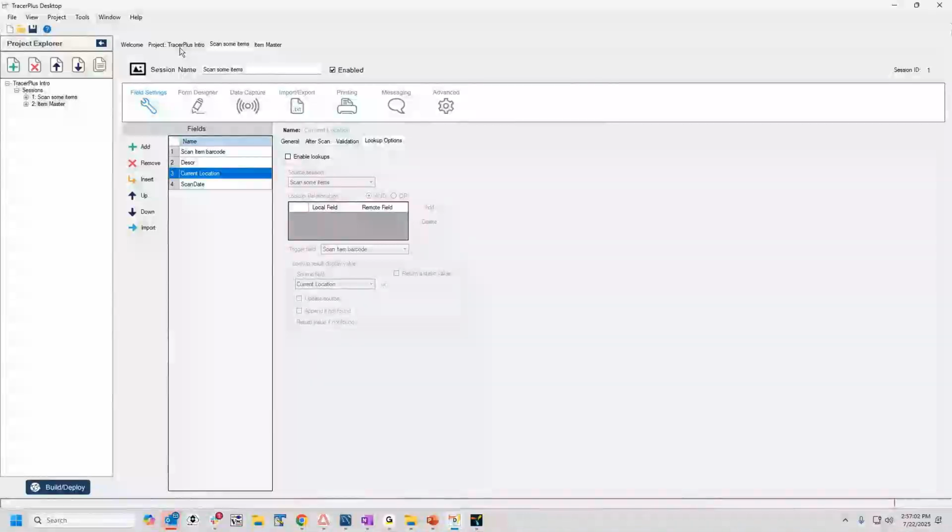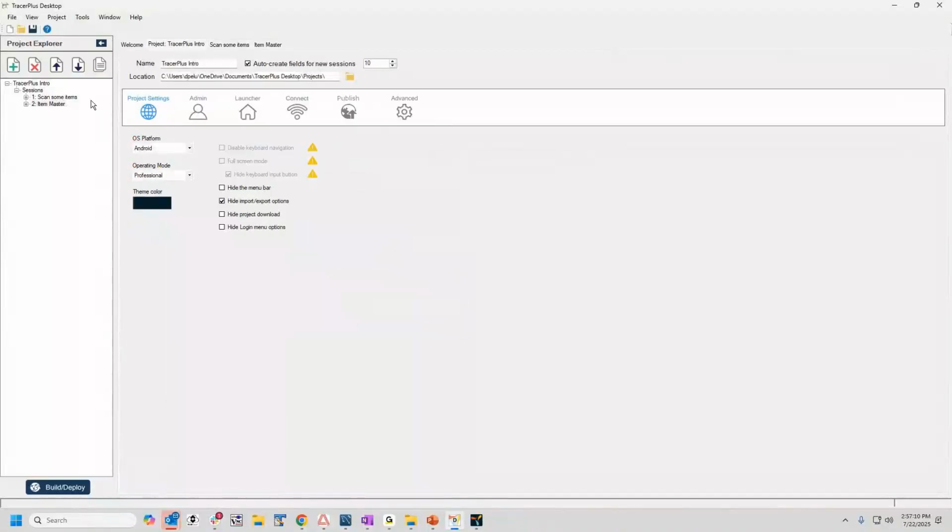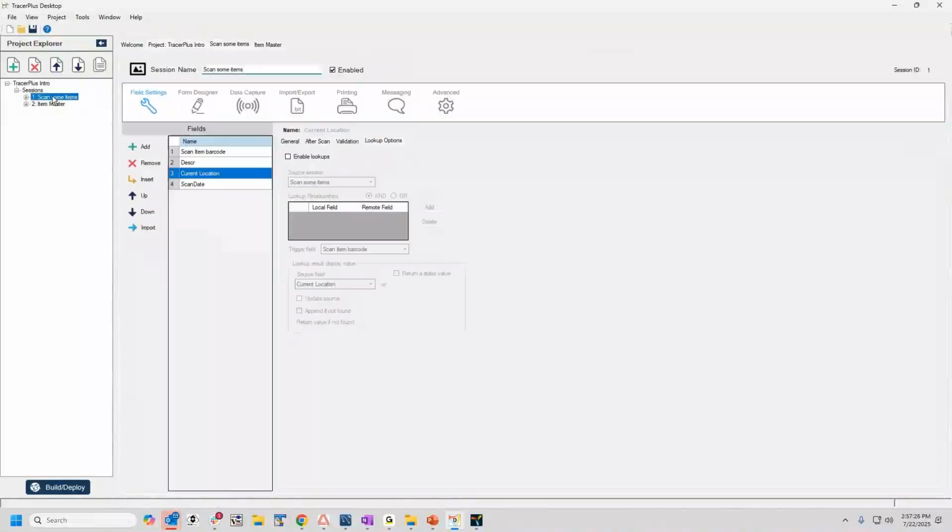TracerPlus is a family of products, TracerPlus Desktop being the design tool that runs under Windows. And I created a project called TracerPlus Intro. TracerPlus as an application is organized into sessions, essentially forms or screens of data that you'd use to collect your data. For this demonstration, I'm going to set up a scanning of items, and I'm going to demonstrate how to look up an item barcode that is scanned and return a description from some item master reference